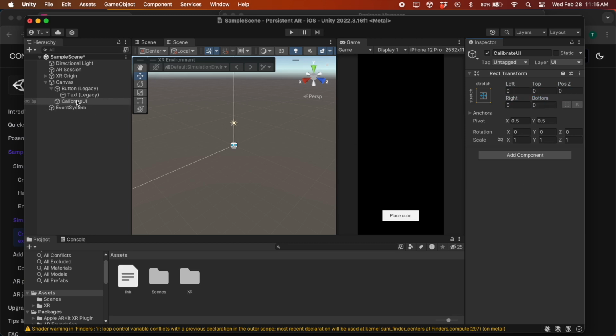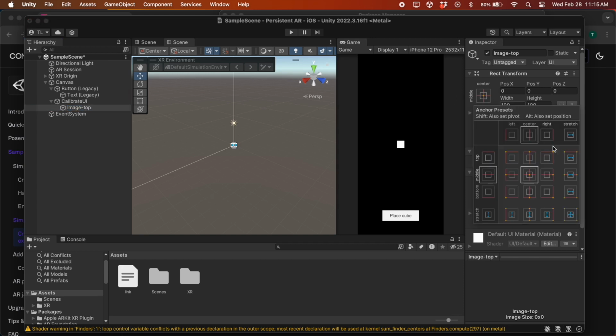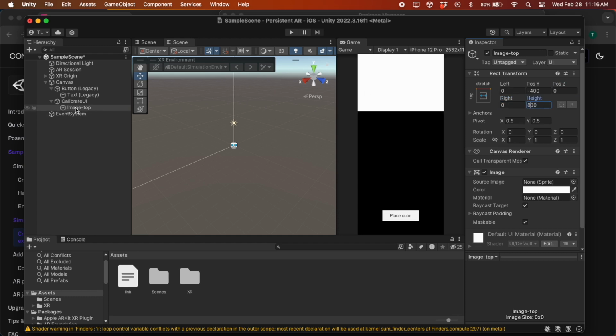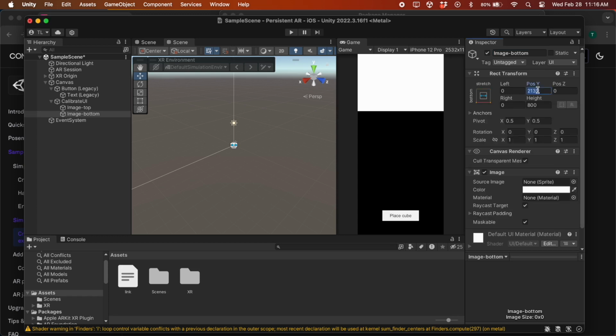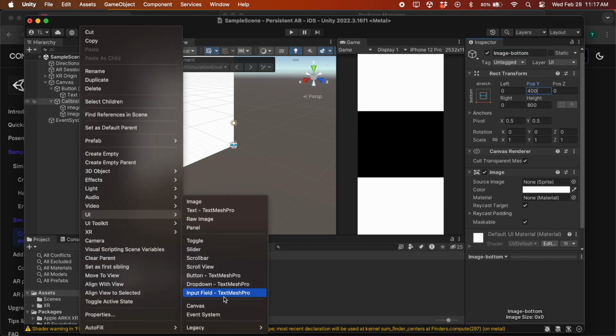Inside this, create an image so that it covers the top of the mobile screen. And duplicate it to cover the bottom as well. Add some text here about calibrating into a domain using lighthouses.